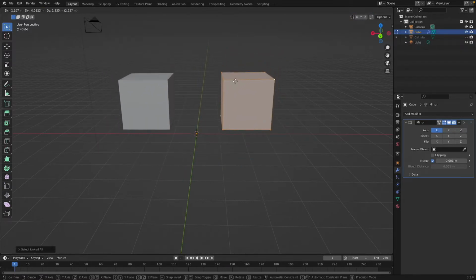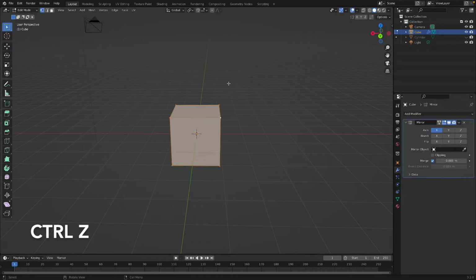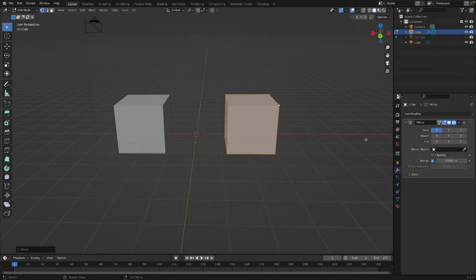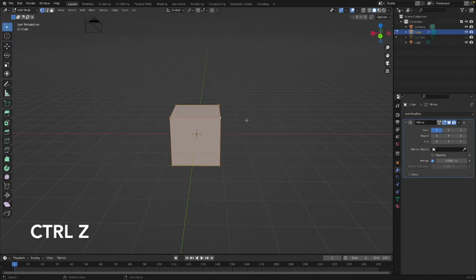And this is great for things that are symmetric. For example, if you're making a human, if you're making a face, you would do this. You would make it as a mirror so that way you only need to model one side of the face and it's automatically created on the other side. So there's a few different ways you can have this. You can just have it separate like this and it doesn't merge, or what we're going to do is